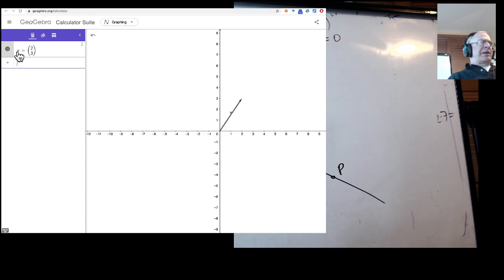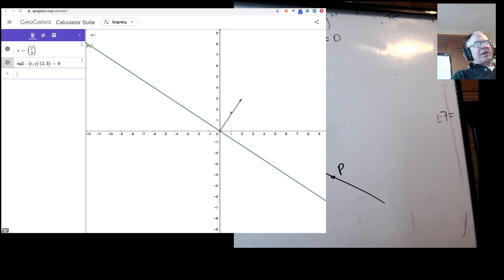By the way, GeoGebra will give it a small letter to denote that it is a vector. Capital letters are points, small letters are vectors. Then I'll ask what are all the x and y, all the points x and y in the plane, such that xy dot product v equals 0, and you see the line that